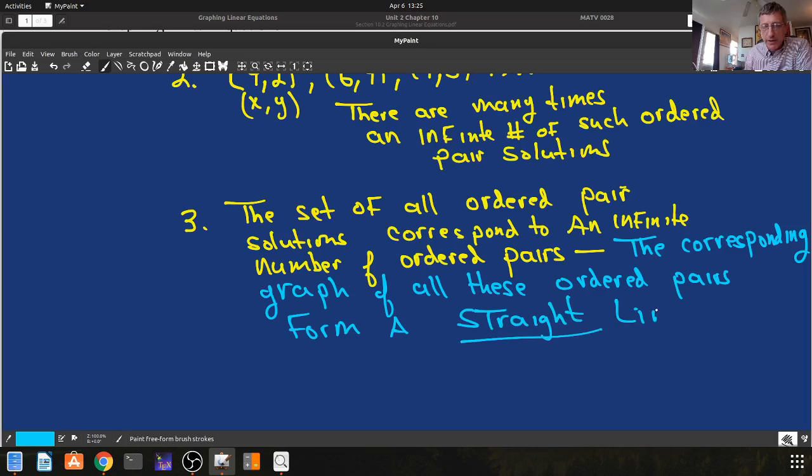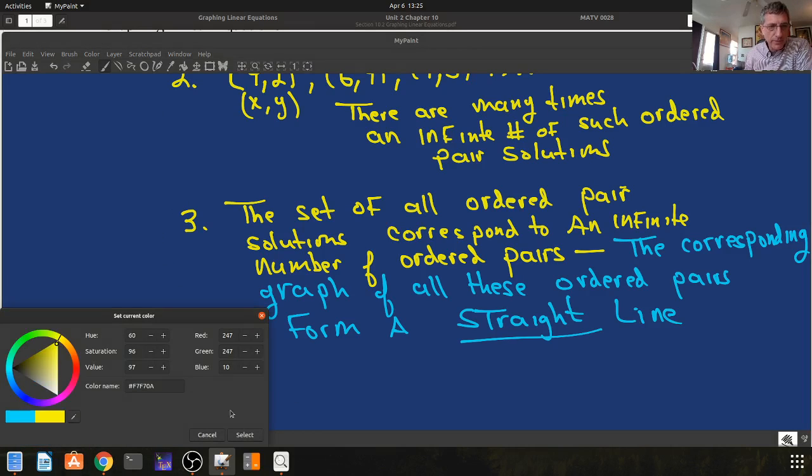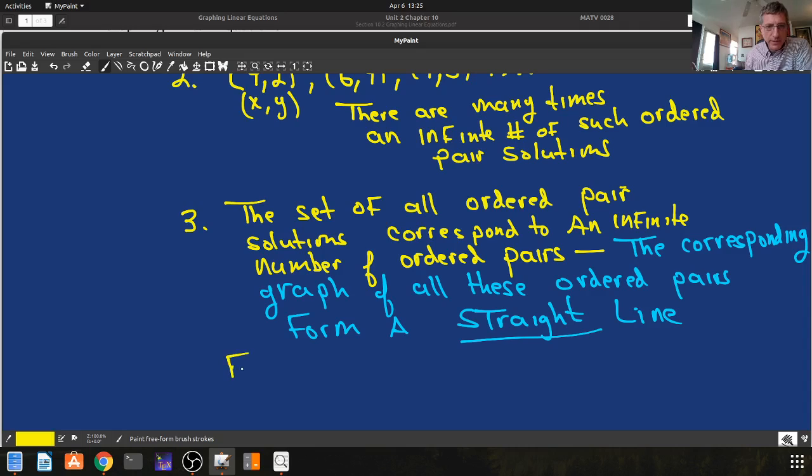And of course that graph takes place in the rectangular coordinate system. For this reason, so that's the important part, for this reason, these types of equations